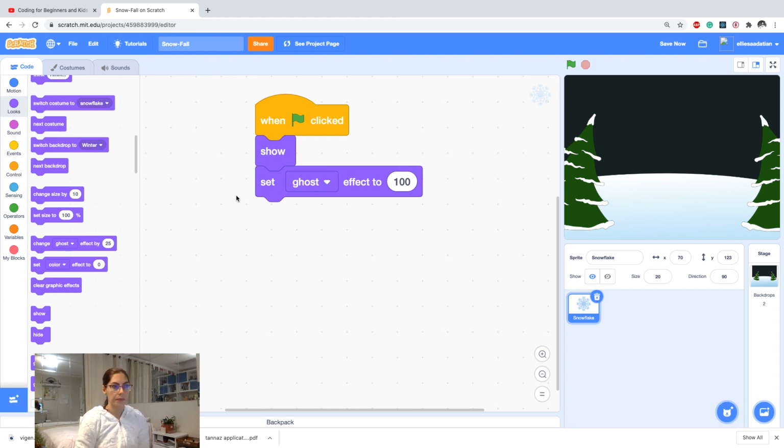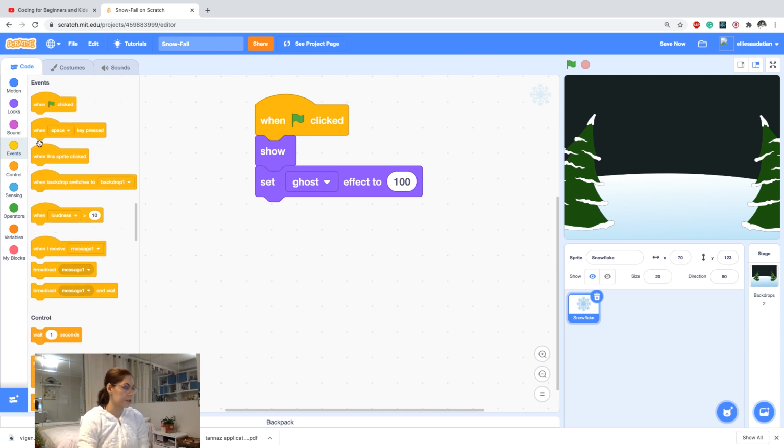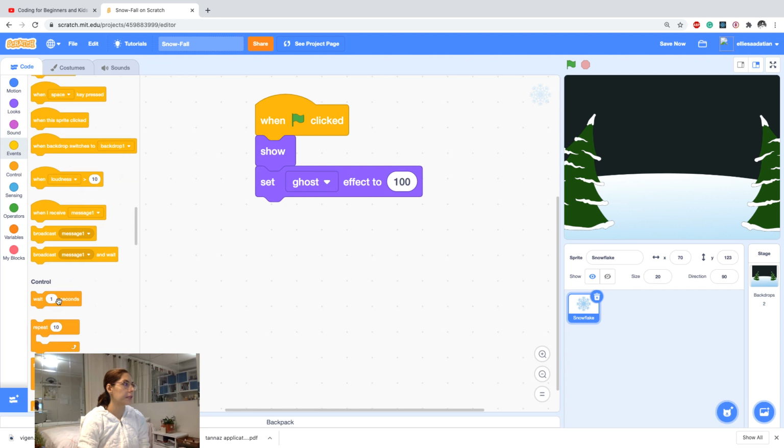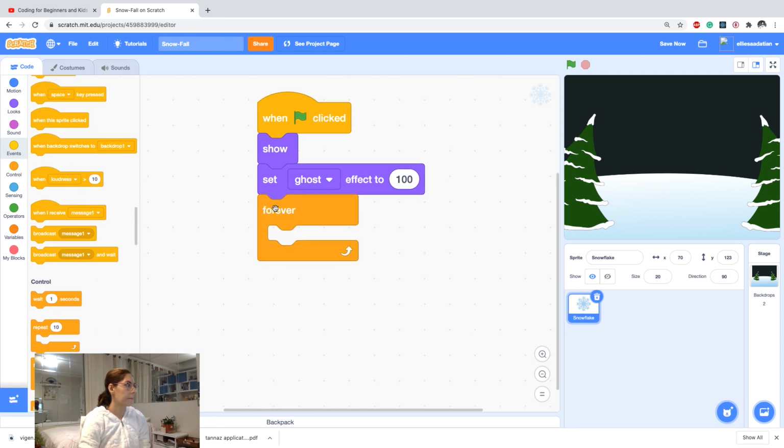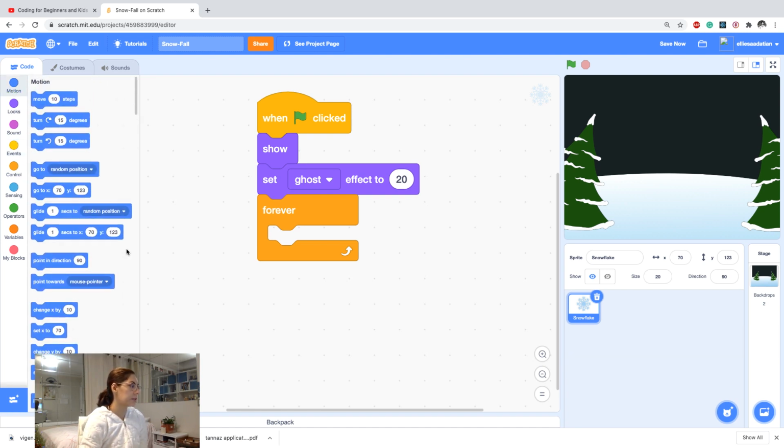And then I want to clone the snow at the top of my screen at a random position. So I would say forever, from the control I drag forever, go to random position. I'm temporarily changing this to 20 so that you can see what's going on. So first forever, go to a random position, which is from the motion, go to random position,